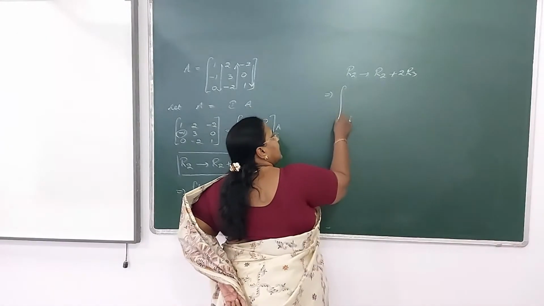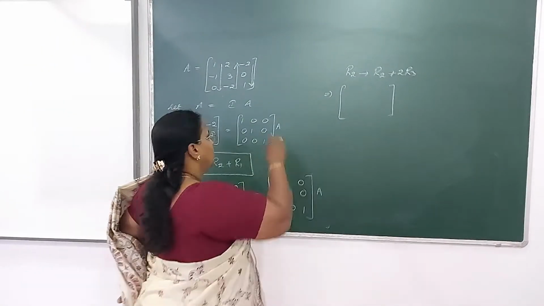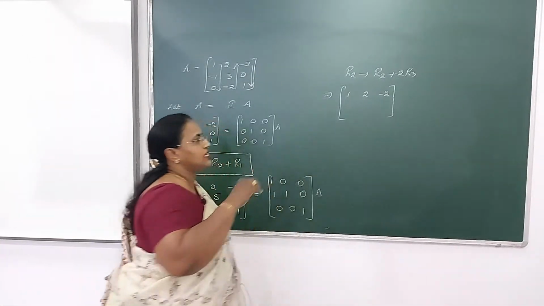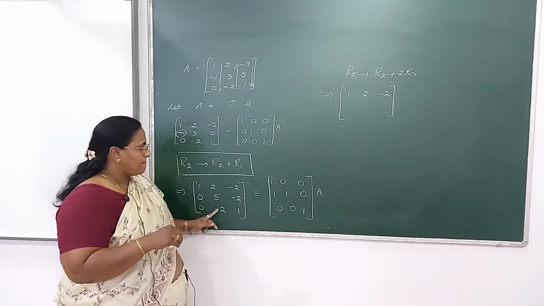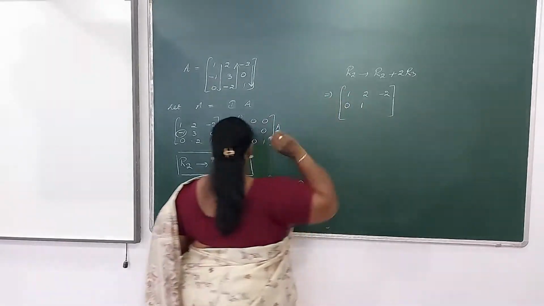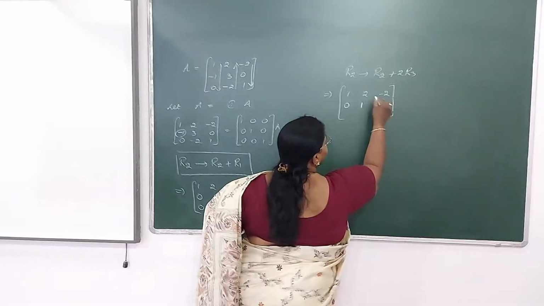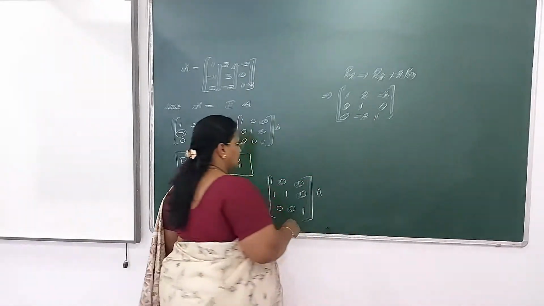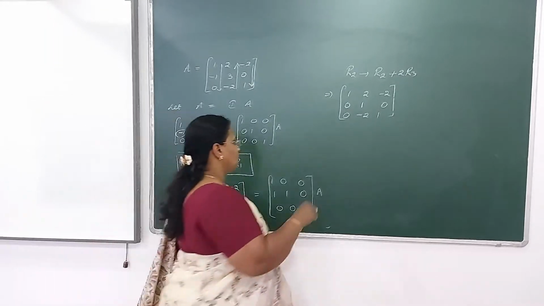So whatever you are applying in the left hand matrix, the same you need to apply in the right side matrix also. First row 1 2 minus 2, second row. Now see the operation here. The first element will be 0. This is 5 minus 4. 5 minus 4 is 1. Now minus 2 plus 2, so here you will be getting 0. The next row, the last row will remain as it is. Now exactly the same you do it in the right side matrix also.